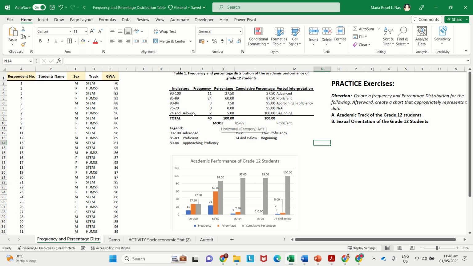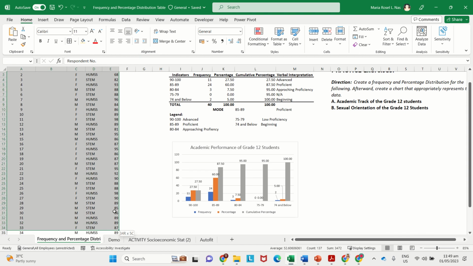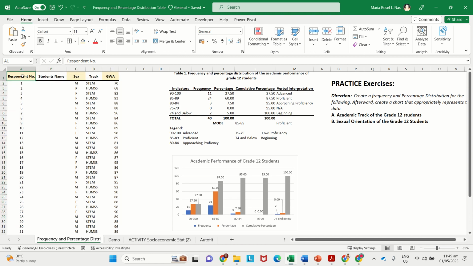So in this video, we're going to learn how to make an automated frequency and percentage distribution table in Microsoft Excel. Here, our data is coming from this part of our Excel. We have the respondent number. We have 40 respondents. The student's name, which is optional, the sexual orientation, the academic track, and then the general weighted average of each